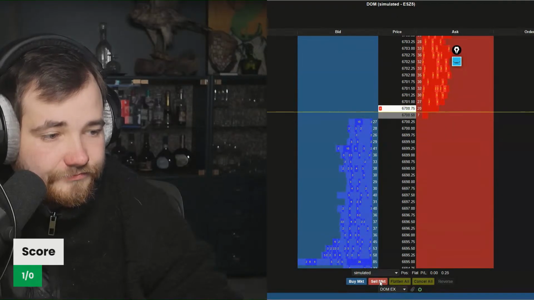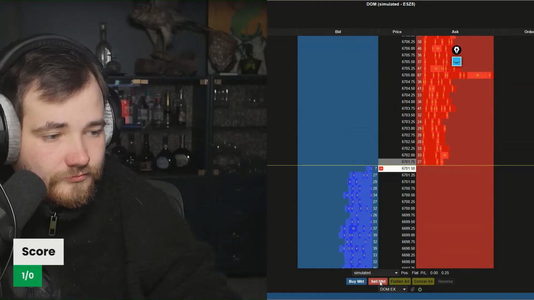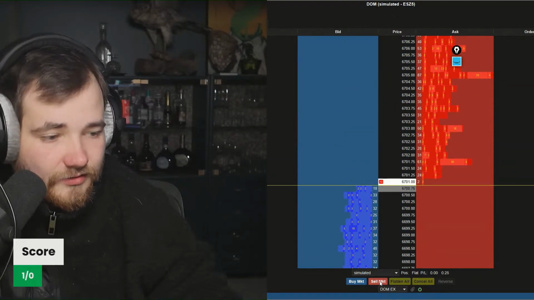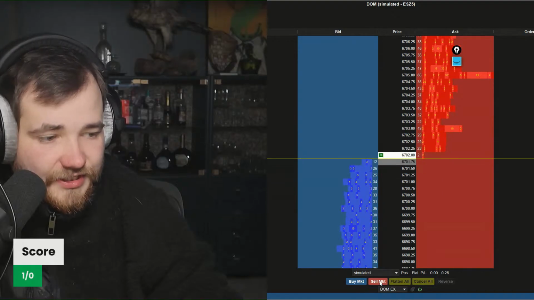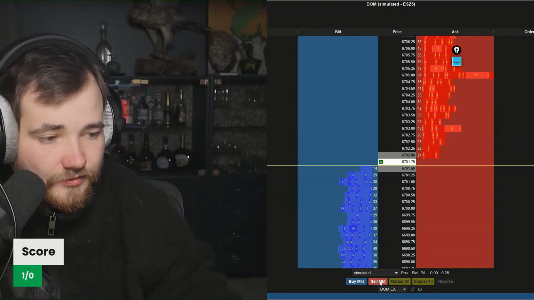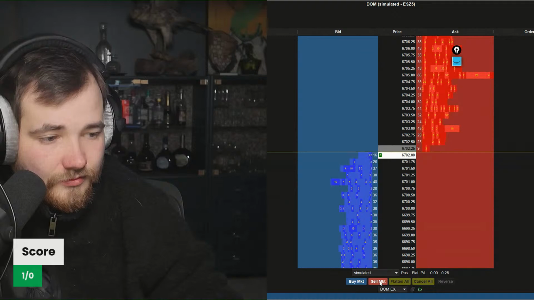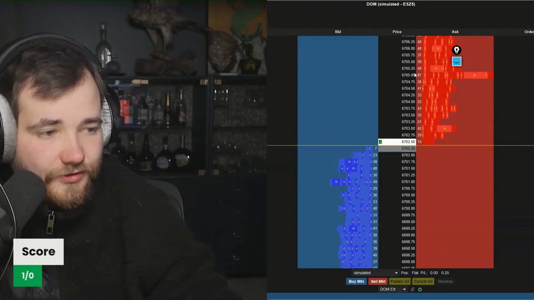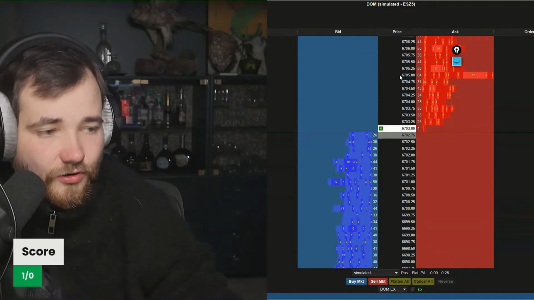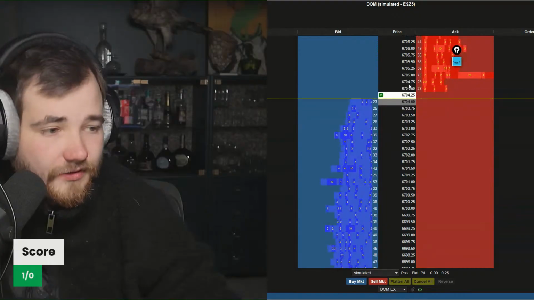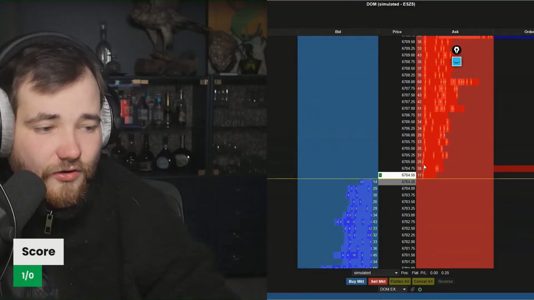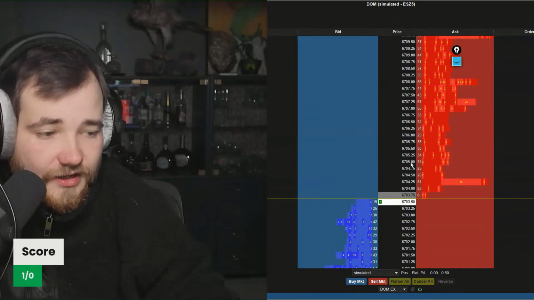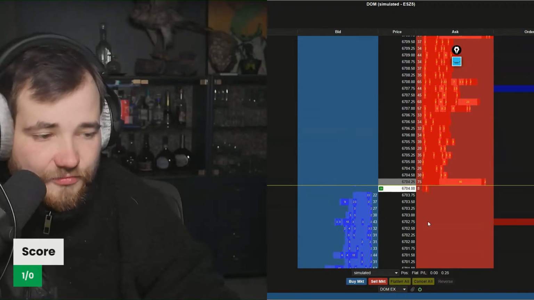Let's see. I still like the buying power here. Let's see if the sellers can step it up. I really want to see how this order block here reacts to price. That's gonna be my next. I want to see how, and it just runs through it. Can it now hold above it as well? No, we got a big rejection back.